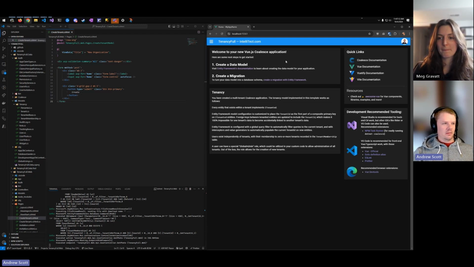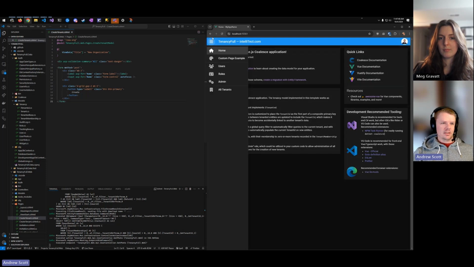So now, because I enabled all of those settings when we created the template, we can see that I came straight into the app and we put the tenant name up here in the toolbar so you can have a visual indicator of what tenant you're signed into. Obviously, you would want to add whatever branding is appropriate for your app up there, but by default, we put the tenant name. So we can see we are in the Intelitech.com tenant, which is indeed what I signed in with through Microsoft. And because I'm the first user to sign into this external organization,